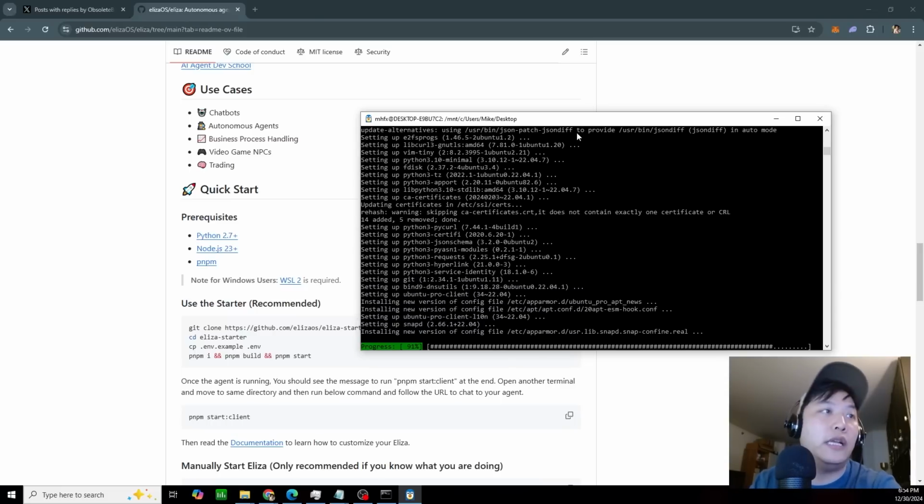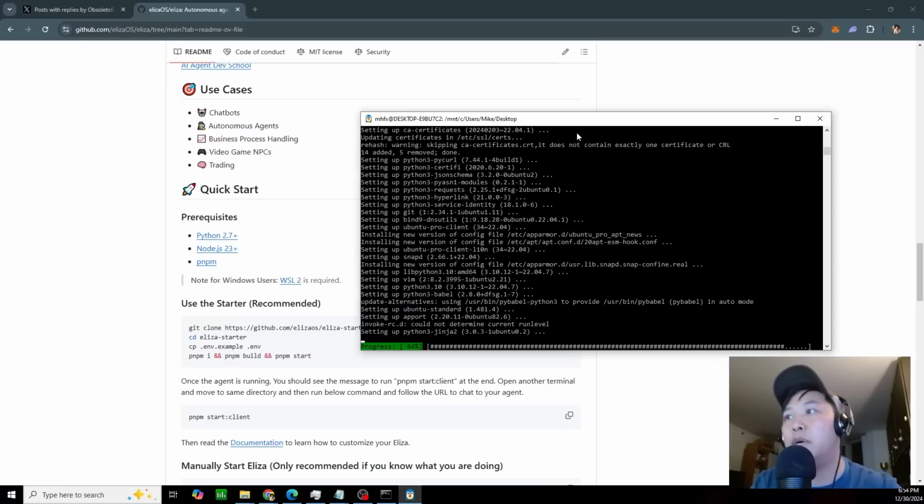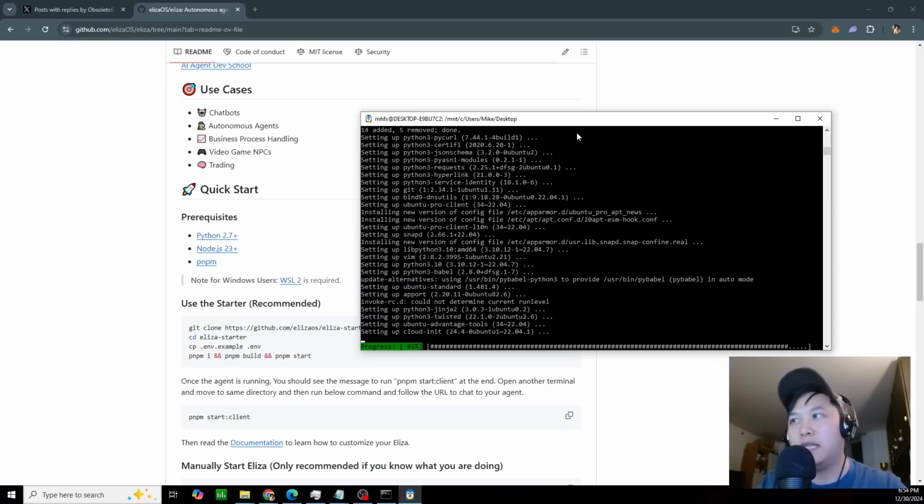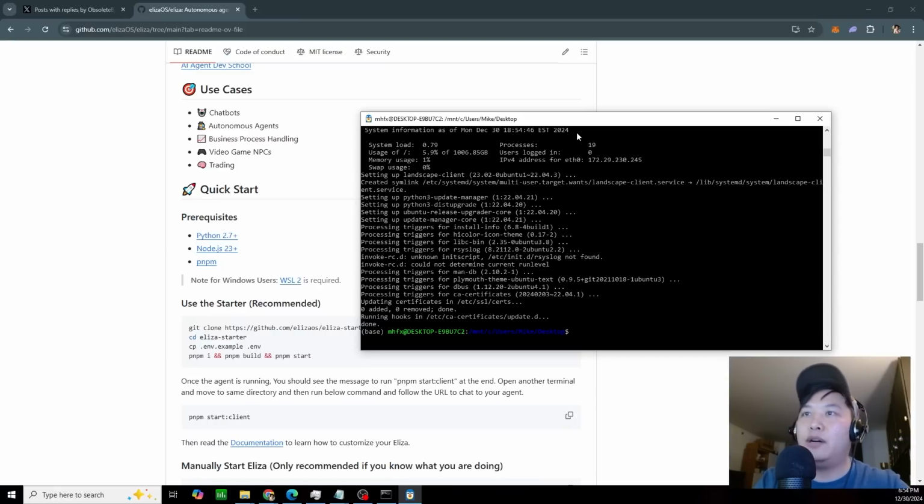And if you need to install anything, this is what it looks like. You're just going to see a bunch of code. That just means something is working. This is a good sign. So then we can finally install Python. The latest Python is Python 3. It says the prereq is 2.7, as you can see right here. But